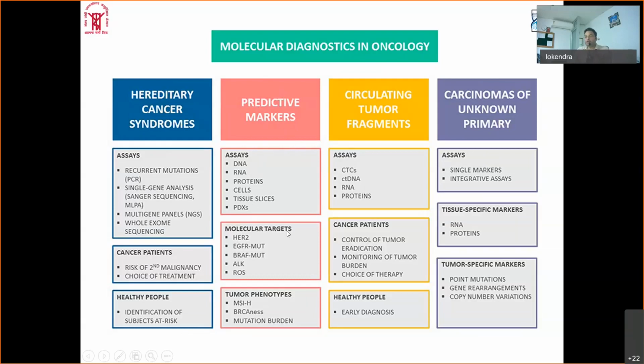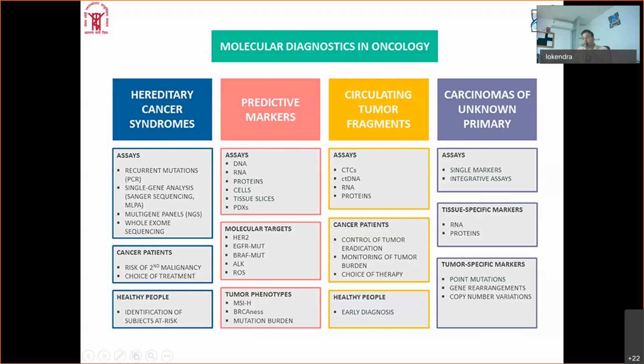Molecular targets can also be identified, meaning whether they are mutated first, or whether their gene expression profiling is different, or maybe their protein expression profiling is different. So all these things can be measured if we know the predictive marker. So if there is one mutation, but then there is a subsequent chance of having more mutations, or of altering various signaling pathways, that can also be identified by these molecular methods.